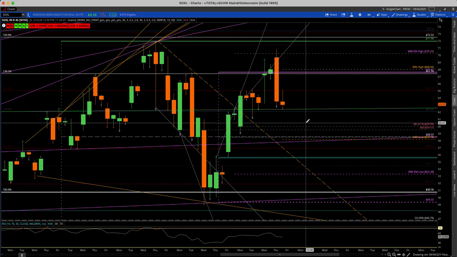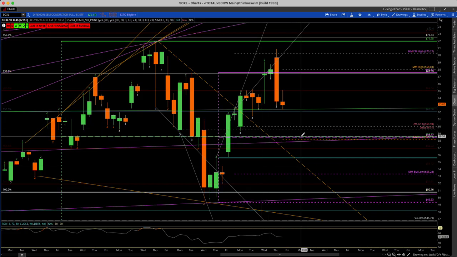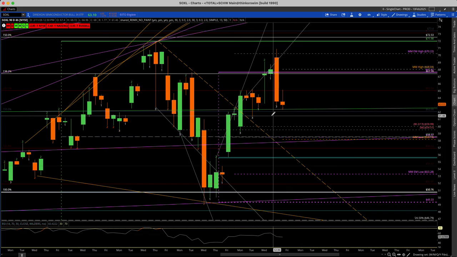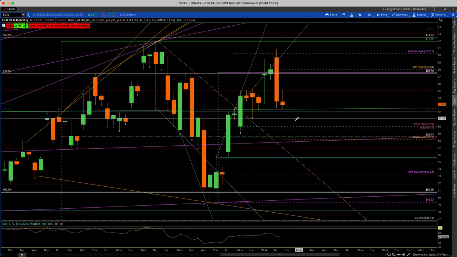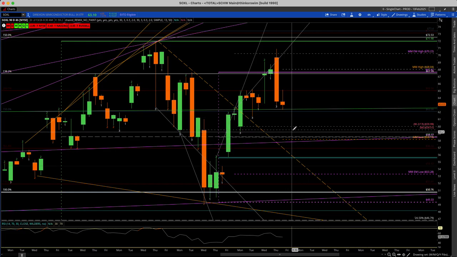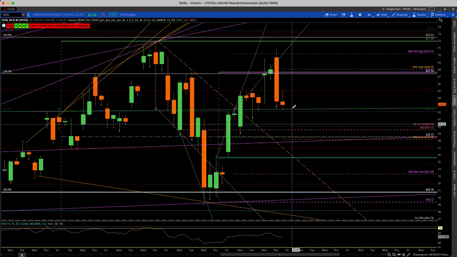That coincides with week flip, the month flip, and just above last week's 50% level and last month's 50% level. So if we do get price action to the downside, I would definitely expect it to get down here around this 59, 58 level. But once we get there, not sure how much further it would go, unless just CPI